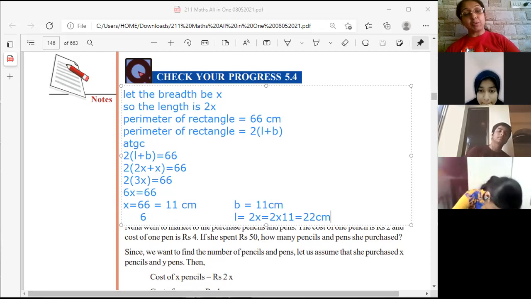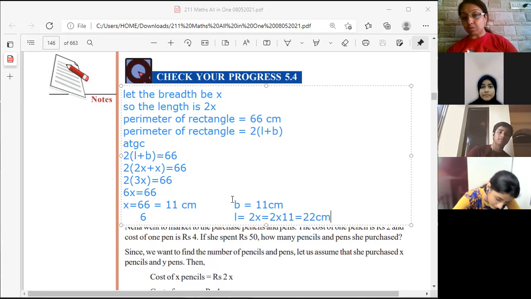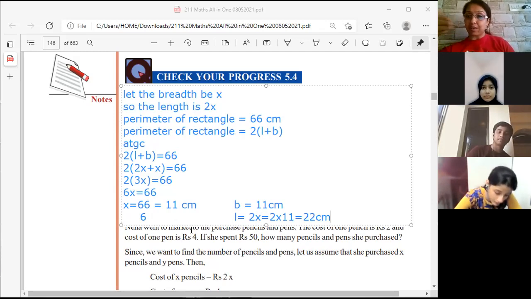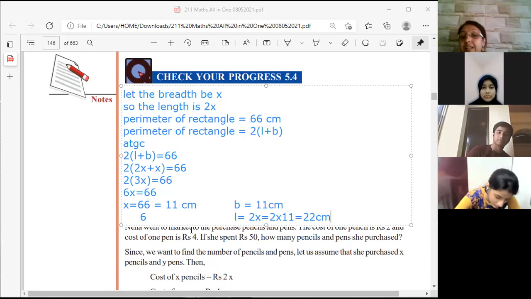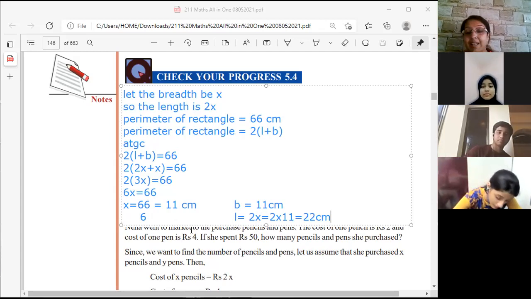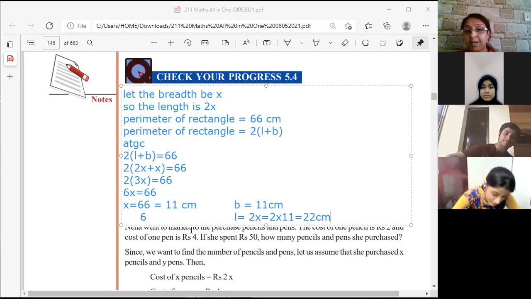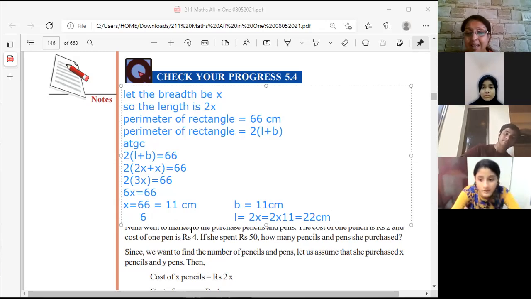See, Sufyan, even if you know the answer, you will have to show it in this manner. Board examination is all about writing and showing it to them. When you have the examination, the teacher is not going to be there face to face with you so that you can say the answer and the teacher knows Sufyan knows it. So to prove your answer, you will have to write it like that and show it to them. Will you be able to write it also, Sufyan? Okay, great. Yes, please take all the steps.